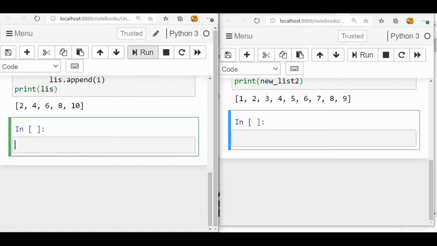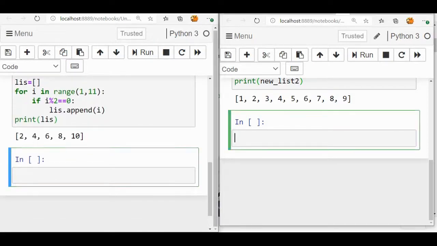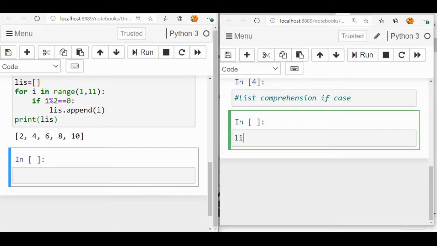Okay. So if I run the code, I get this. Now I'm going to do it with the help of list comprehension, the if case. Same as before, we are creating one list and we are going to specify the variable, where the variable is in the range 1 to 11, and the variable mod 2 is checked.